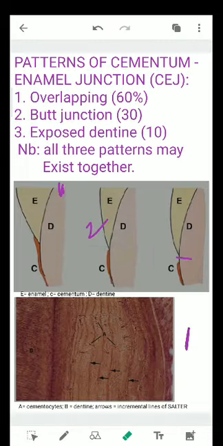Now, patterns of the cementum enamel junction. This is your enamel here, right? This is your enamel here. This is your cementum down here, isn't it? And this is your dentin. So this should be the cervical portion. So you can see that